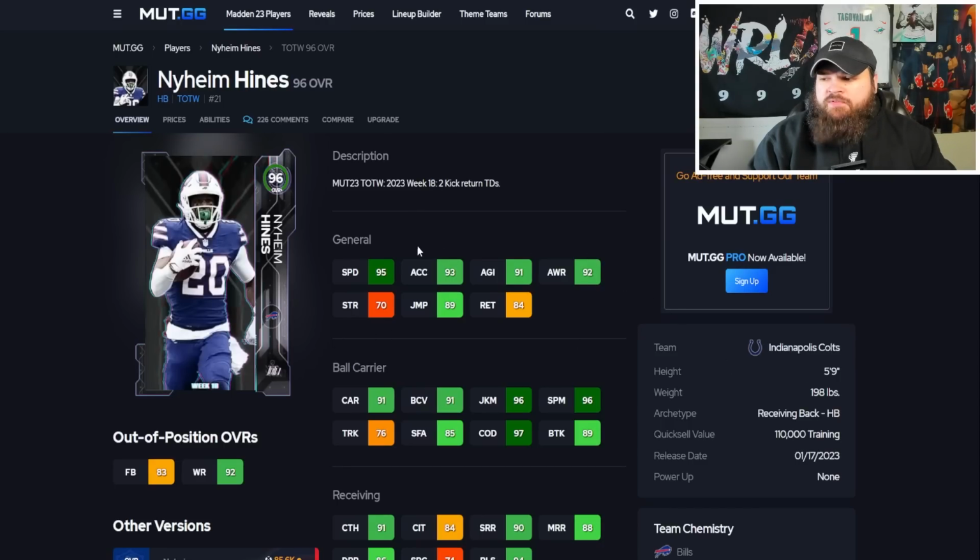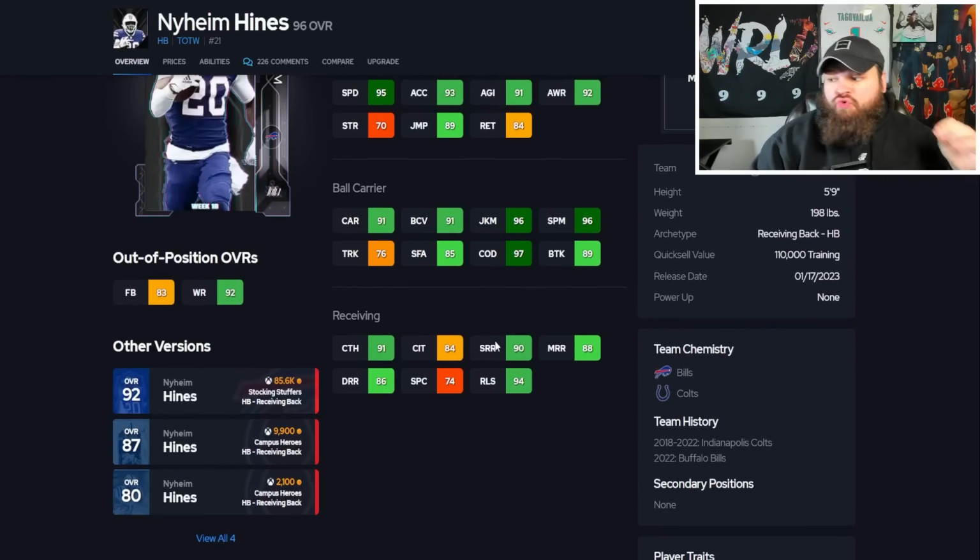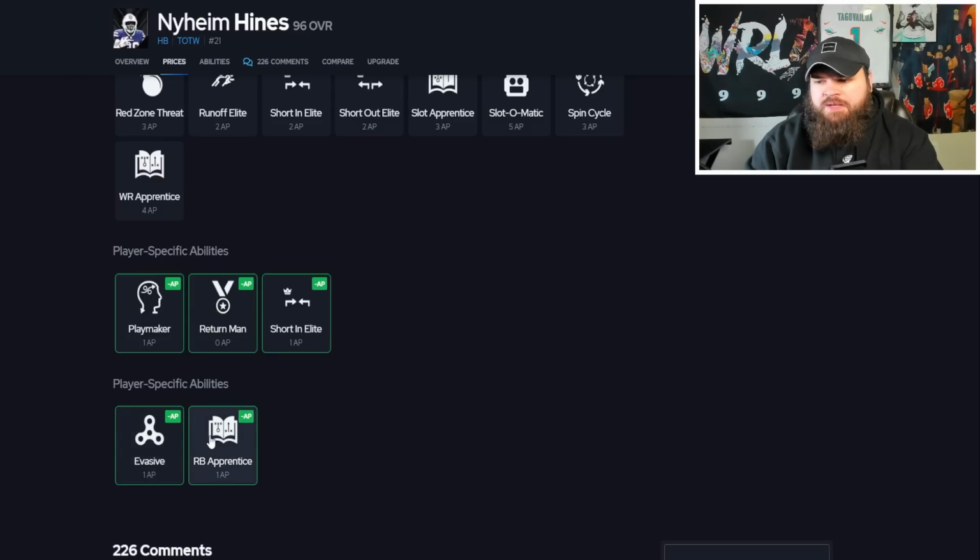So he's a 5'9" receiving back, 95 speed, 93 excel, pretty good ball carrier moves again, besides trucking and stiff arm. And he has great catching, great short route running this time. So a really good receiving back. So 1 AP evasive, 1 AP RB apprentice, not really too crazy, but what I think is great is